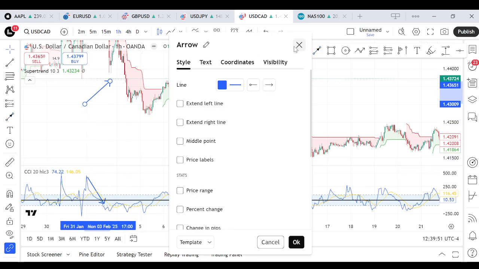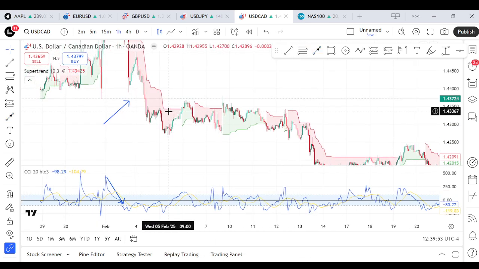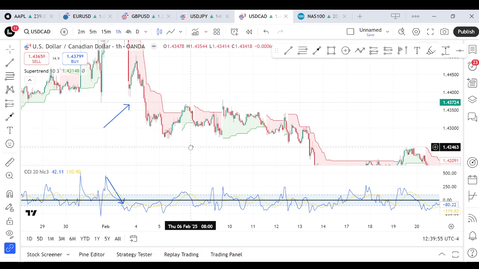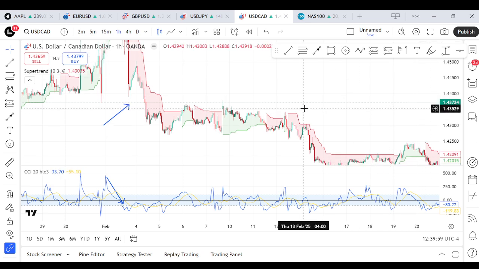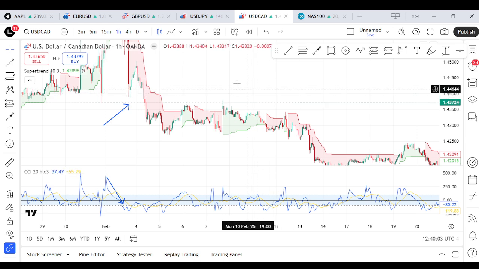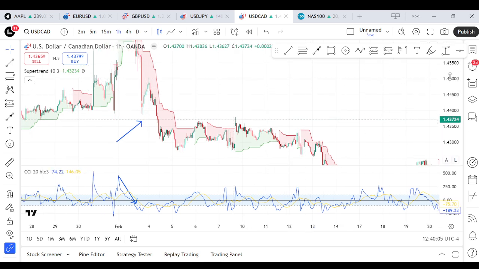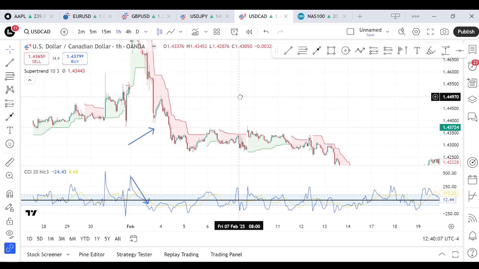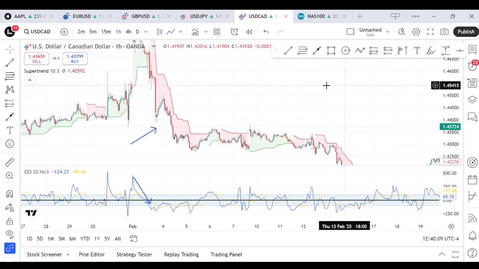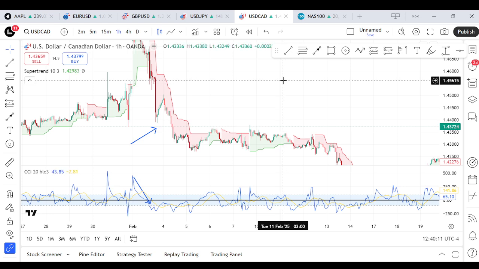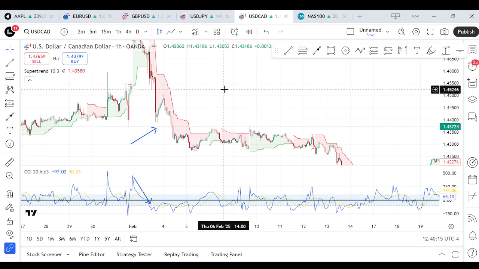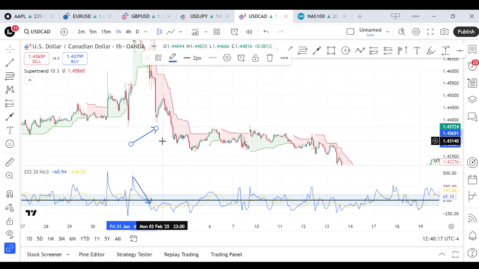So that is how we can use these two indicators to tell the direction of price. So let's talk about the strategy. How can we put together all of this and make up a trading strategy? I'm going to tell you all about it just now, so be patient a bit and watch until the end of this video. So the first step is to add the Supertrend and CCI indicators to your trading chart, just like I've done. I'm using the TradingView